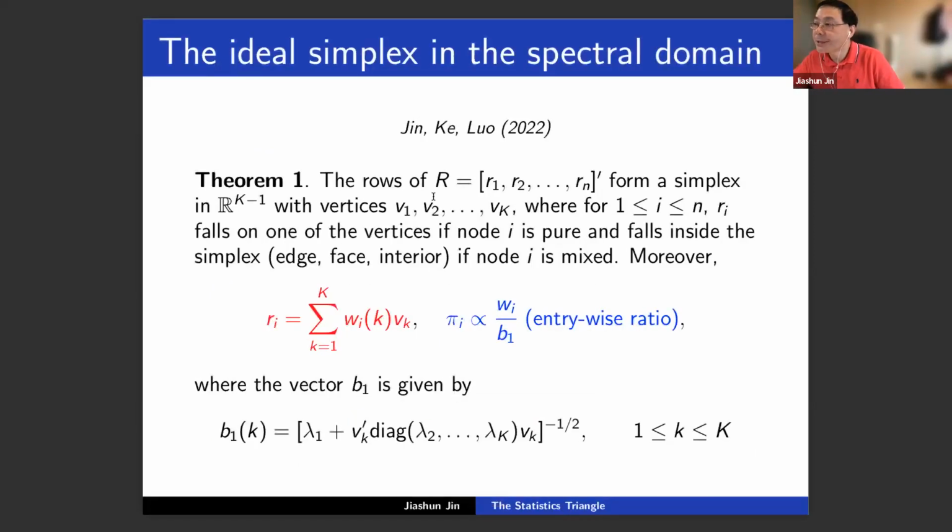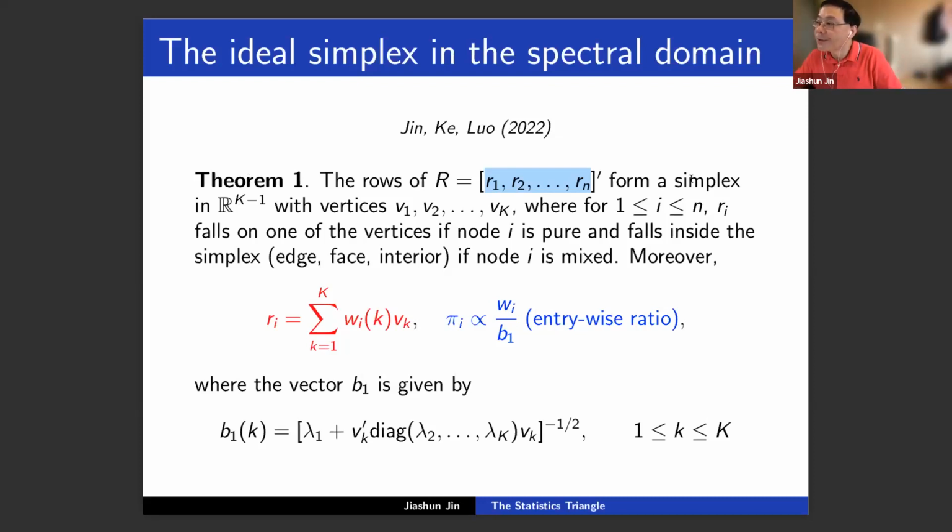This is R in the population version. It has n rows, and each row is k minus 1 dimensional. Therefore, if k equals 3, each row of R is 2 dimensional. Now, if you plot all these rows, you have thousands of points. For example, if k equals 3, they will be on a two-dimensional plane. You have thousands of points on the plane.